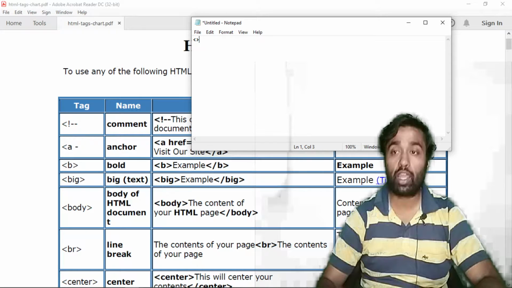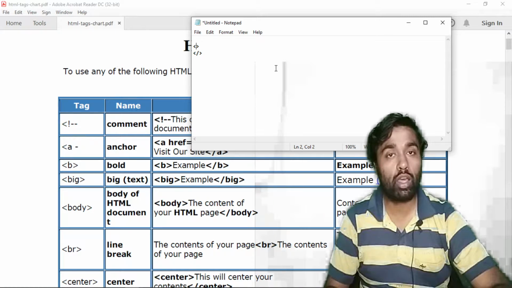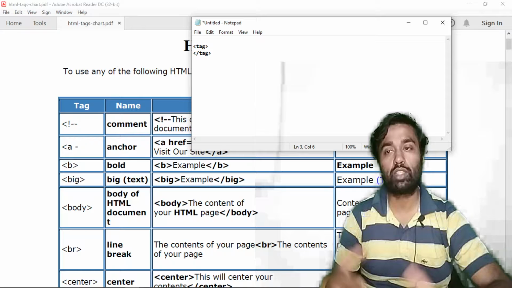These braces are mostly used for opening and closing your tag. If you want to open your tag, you create it as an opening tag, and you close that particular tag with a closing tag. If you created your tag, you must also close it. So both opening and closing have to be created.